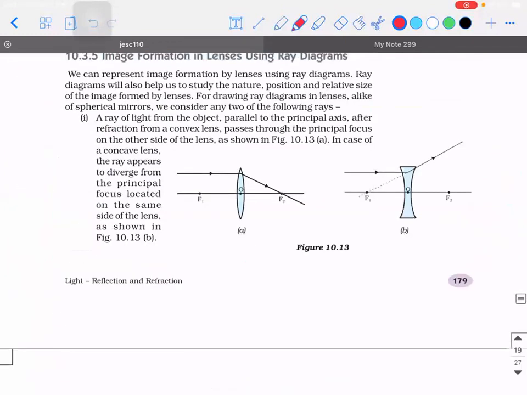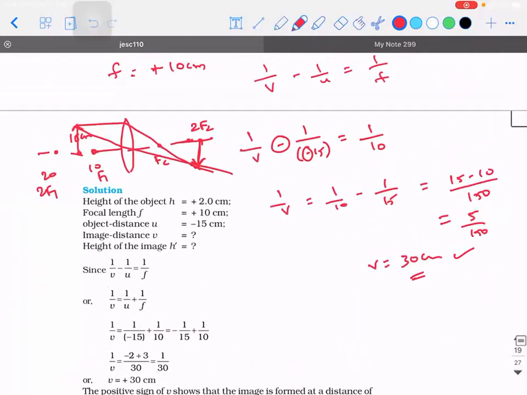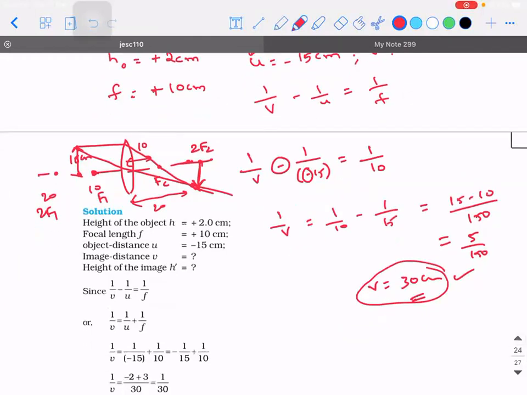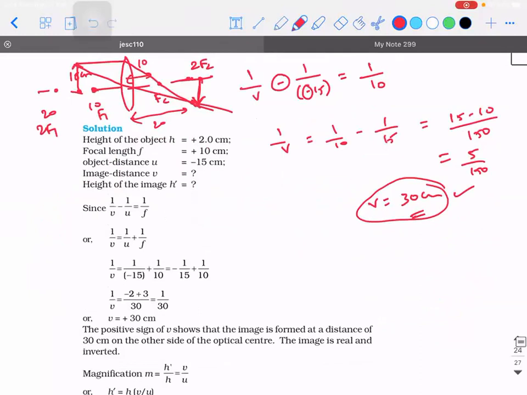Now, keeping all these points in mind, I want you to connect the dots and tell me, if it is beyond the center of curvature on the other side, what will be this distance? The center of curvature is at a distance of 20, and the focus is at a distance of 10. So your answer for the image distance is supposed to be greater than 20, is it not? Guys, does it make sense? Are you getting the answer greater than 20? Are you right or wrong? We are right, sir. You are right. So you need not verify the answer. I'm saying this logic will help you to think better.